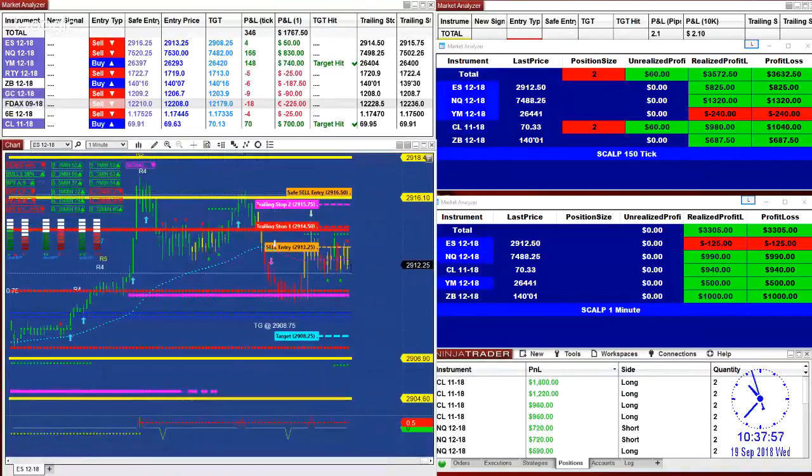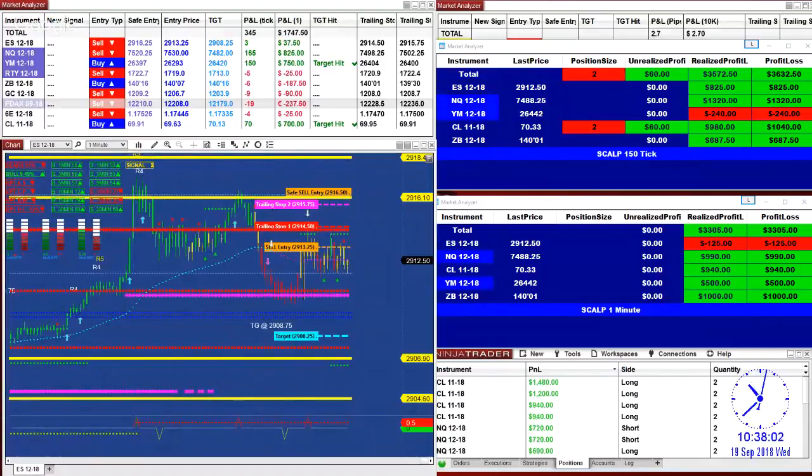So this is where you need most of the traders. They make